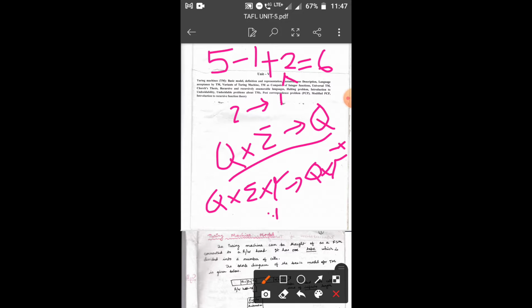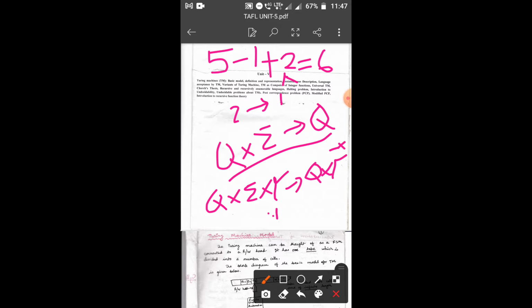The output function decides what the output should be for a particular input character, and the output alphabet is the set of valid output symbols, and only these symbols will be part of output strings.